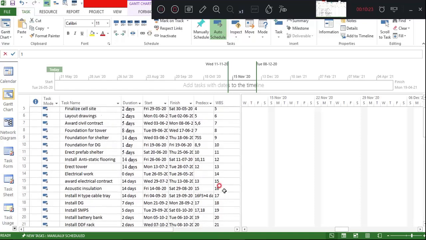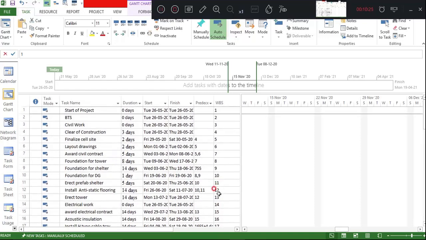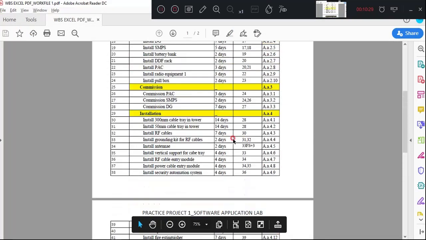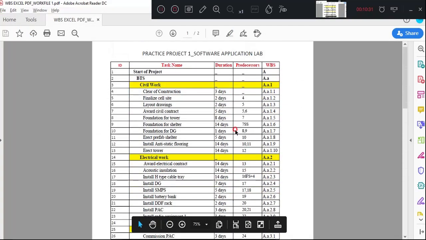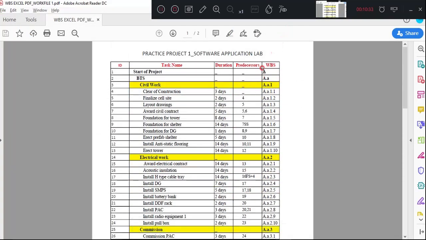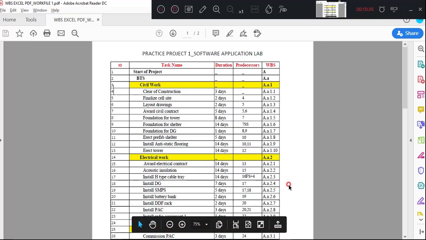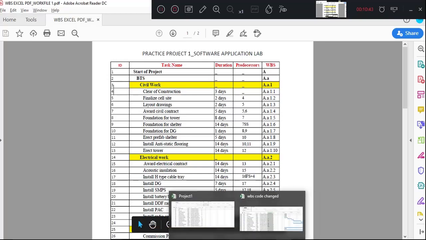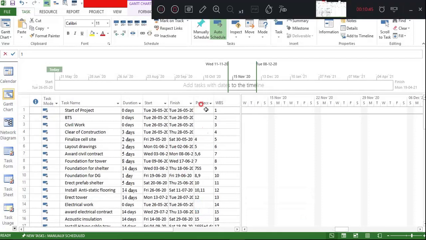Now if I have to generate the code, in the example it is given as what? In the example here, the code that is generated, or how we have to establish the code, it is capital A, then small a, and then the numbers, and number 1.1, 1.2, 1.3. This is how I have to create. So first I have to generate a code for it. So how will I generate? Just look here.